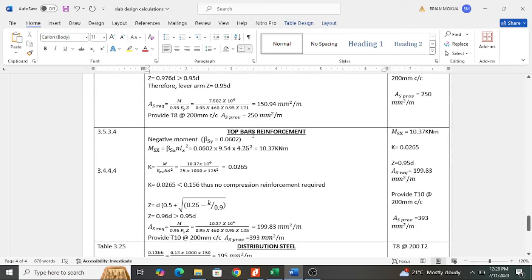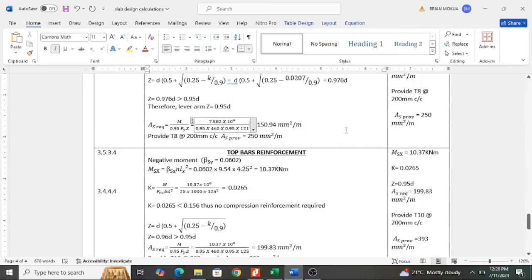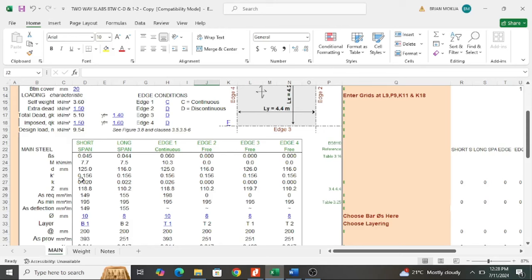affect the reinforcement. Once you repeat that, you will realize that 158 at 200 mm is still sufficient. But go through the video, that is when you can appreciate that. So hope you appreciate that. K prime was 0.156, it was the same all through, and our K, we calculated that